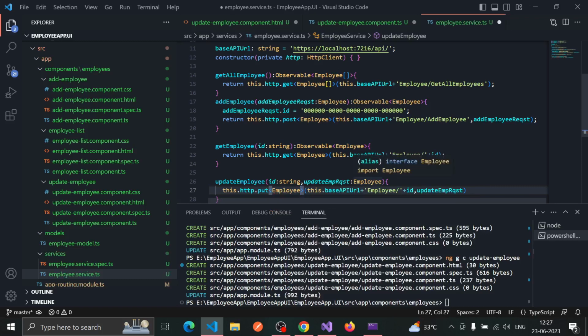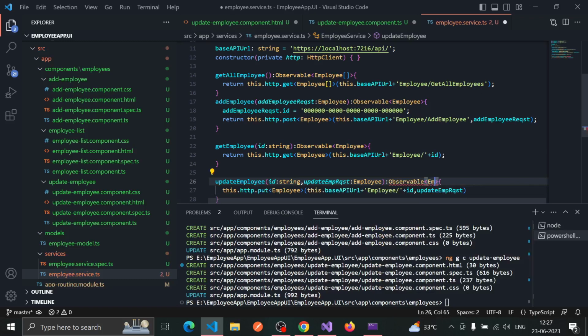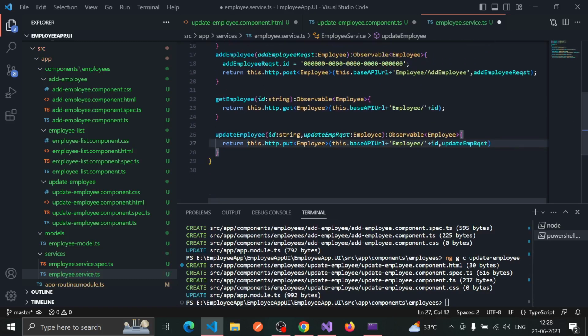So this will be the observable employee, and this will return. This is also done. Let me put a semicolon, save this,